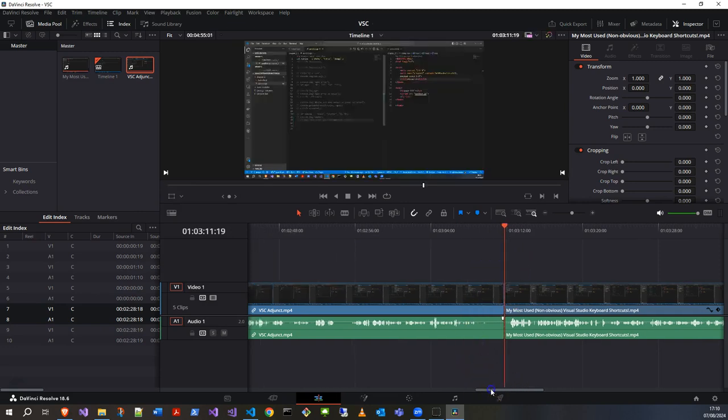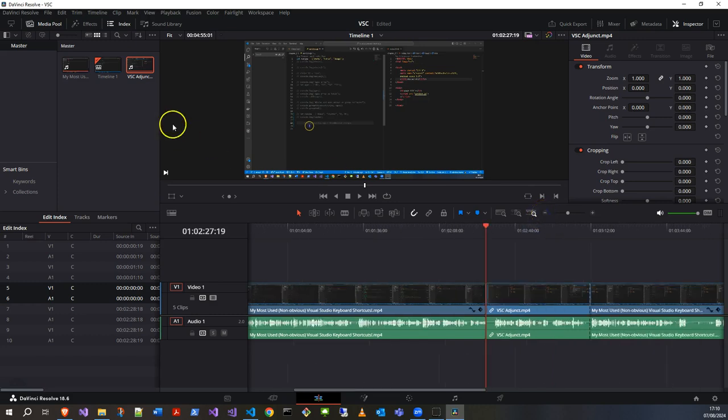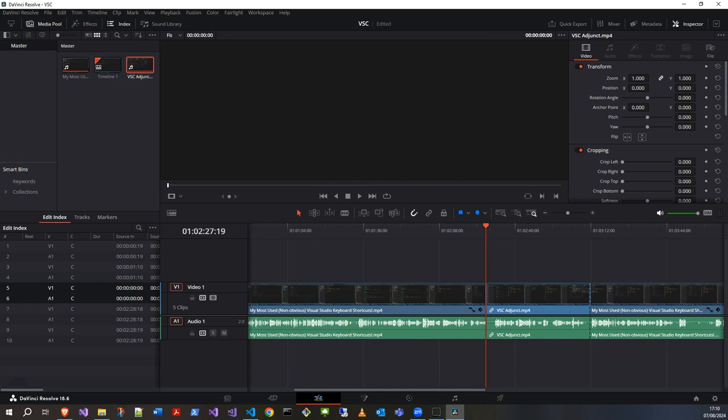So if you see the name of the file, what it's done then is it's just added it into where I had my cut. So it does it nice and easy. I wouldn't get into trying to drag and drop it. That gets way too confusing if you're going to put it in the middle. But if you did want to put it at the end,